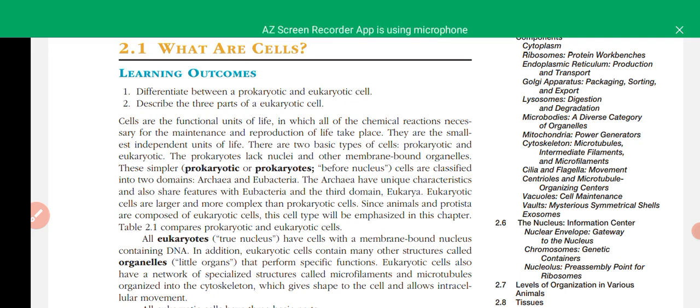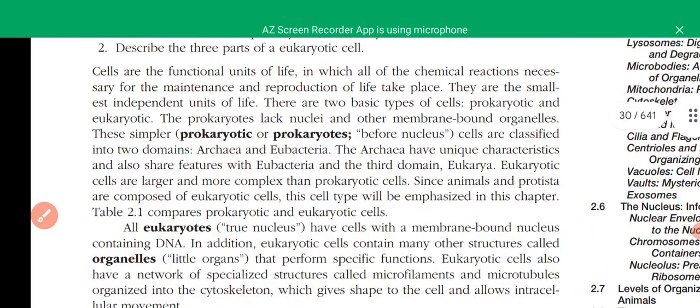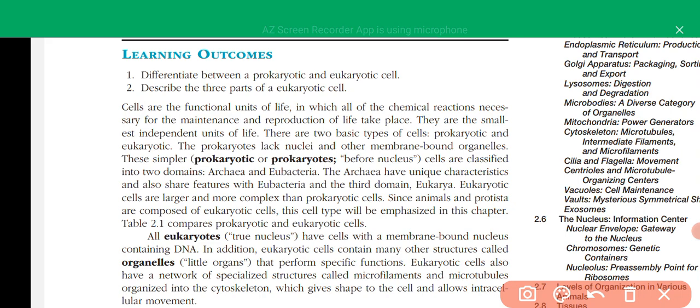And if we look around, what are cells? It is the basic unit of structure and function in living organisms. And there are basically two types of cells: prokaryotic cells and eukaryotic cells. Prokaryotic cells are the basic type of cells, and we can also divide them into two main domains, like archaea, the ancient type of organisms. Prokaryotes: pro means before, and they have no definite nucleus. And eukaryotes have a membrane bound nucleus,